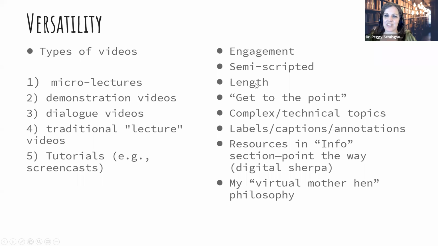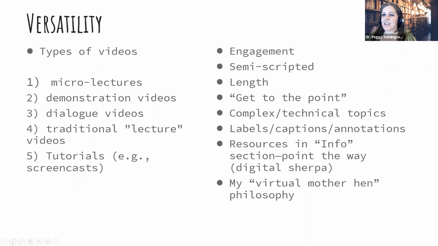And then length: short. You want brief, get to the point. Sometimes it helps to do videos just on the trickier concepts. Let's say you're teaching grammar, pick the hardest concepts for your students and then make videos on those so that they can watch them. Something where they may need to review it a few times to really get it, and then it clicks all of a sudden. And then you want captions on your videos, especially for ESL. Research suggests captions enhance learning, because they're seeing it and hearing it and reading as well.